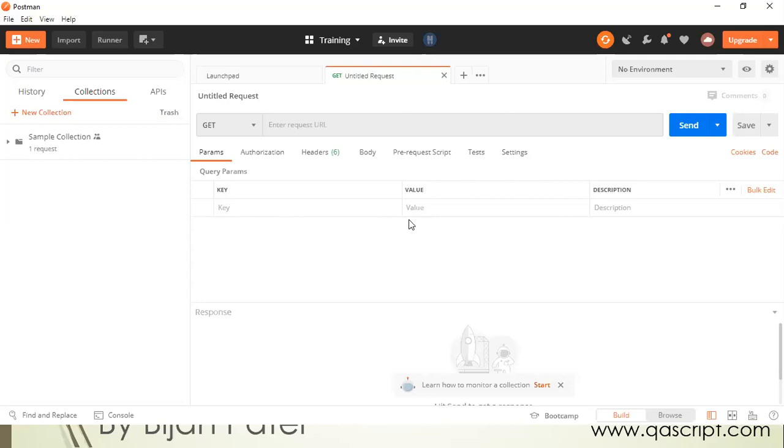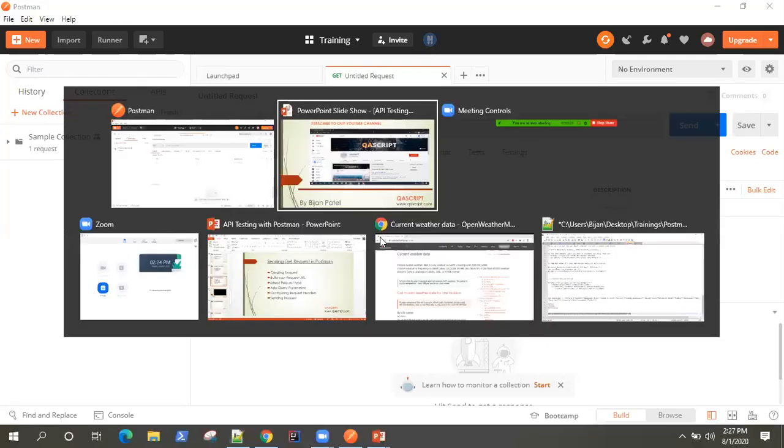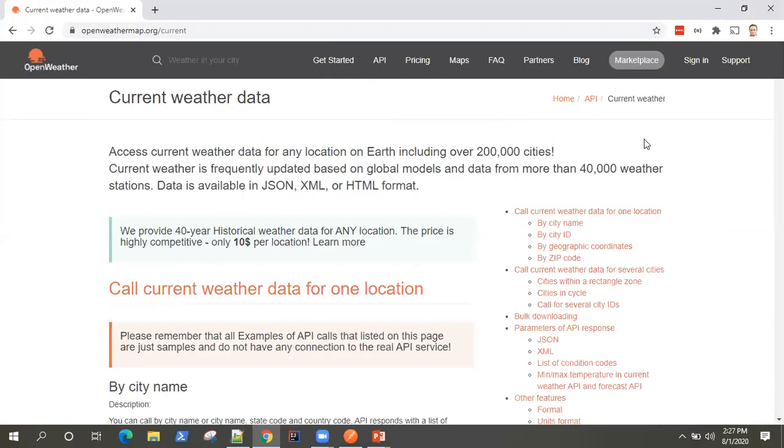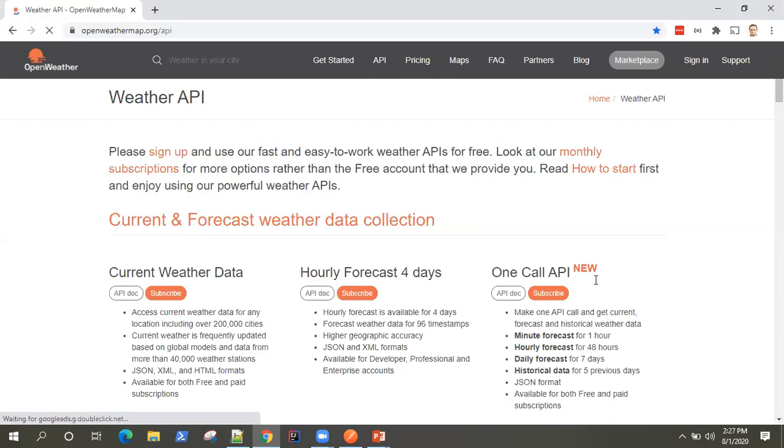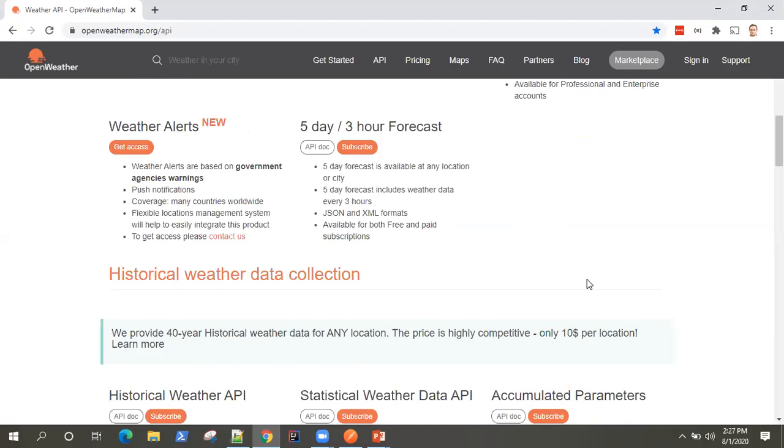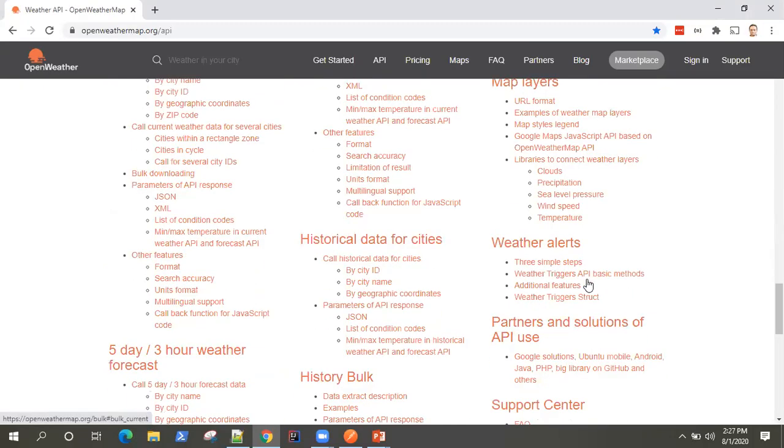So for this video, I'll be using one of the weather APIs, which are open APIs. It just requires you to create a token once you sign in to this weather API. The URL is openweather.org, and if you go into the API section, they have lots of APIs, which are obviously free, but there is a limit on how many requests you can send on a free account.